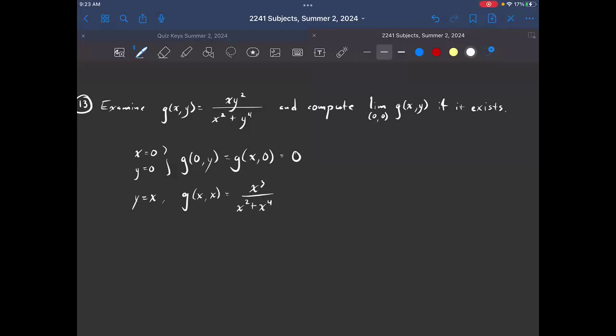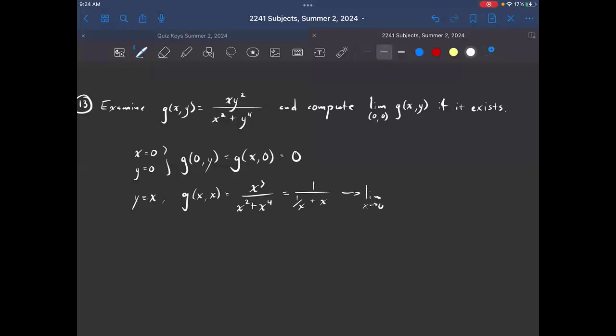Okay, that's a little more interesting. Now if I divide by x to the 3rd power on top and bottom, I get 1 over x on the bottom plus x. Okay, and now